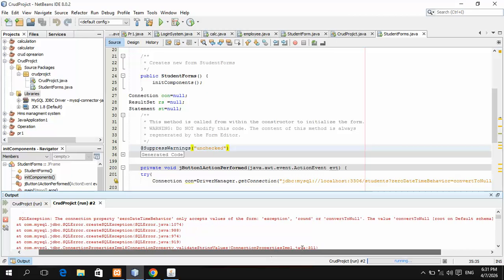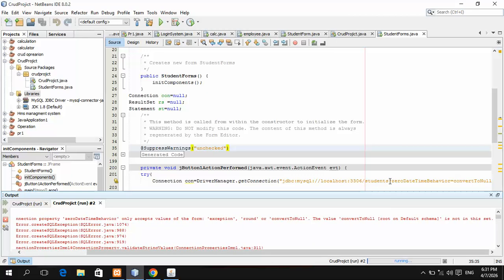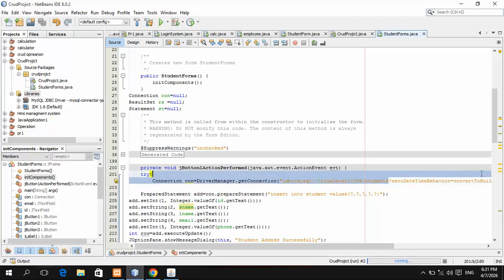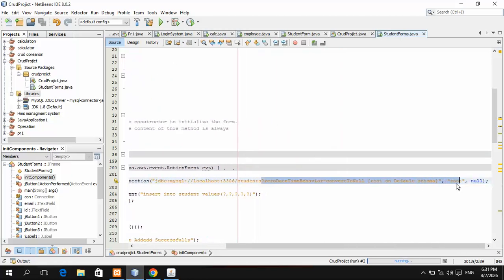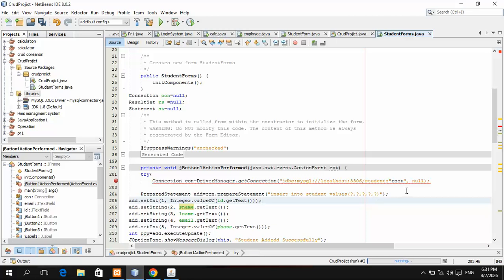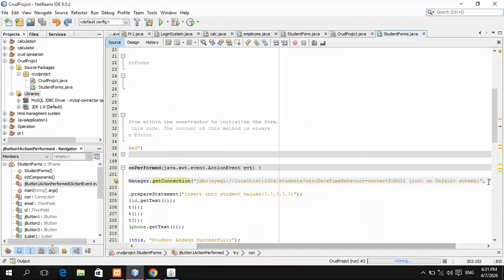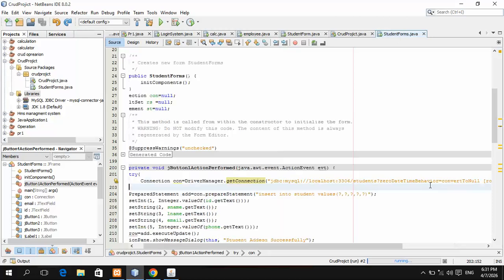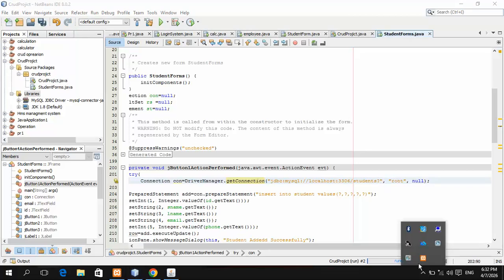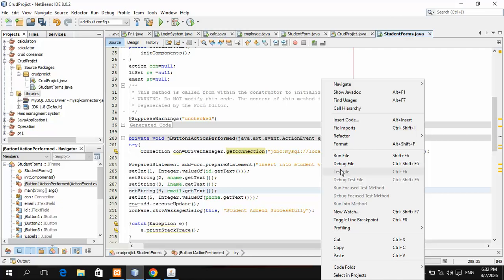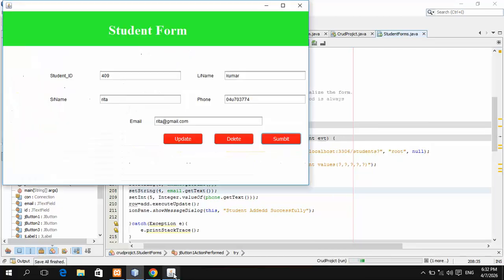One minute. So in here we have not enough values. So hold Ctrl plus Z. Okay, run the file, click on run file.